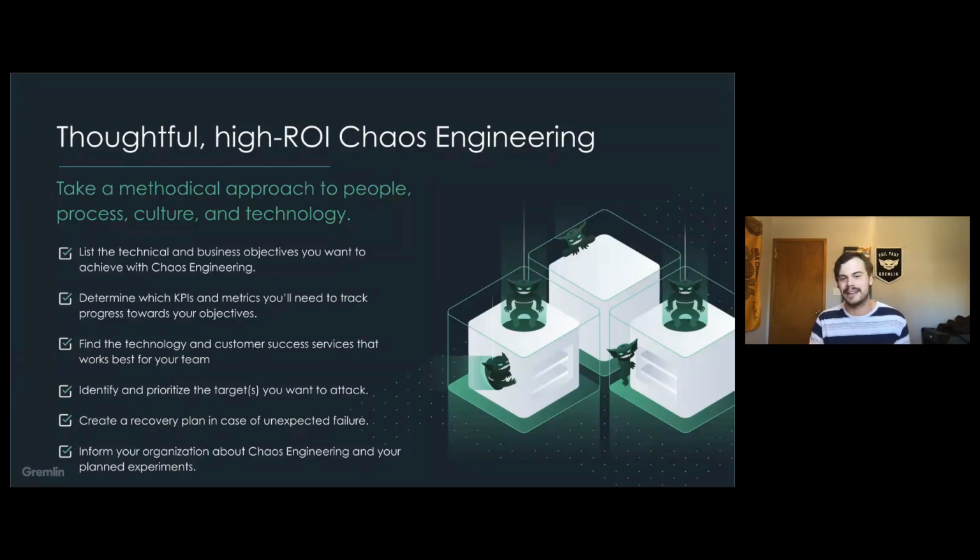Creating recovery plans in case of failure, and then informing your organization about all these experiments, right? There's a really cool thing with chaos engineering with some of these large scale experiments where you can bring a ton of people from the organization into, well, maybe not one room now, maybe one virtual room. But they're all working together in these large scale game days or experiments, during which you can find all these bugs. And it brings together all these cross-functional teams and roles in the organization to make the software that you're building and selling more resilient